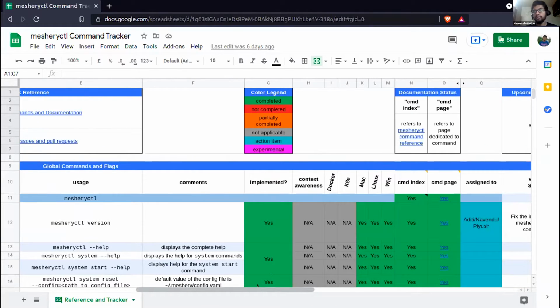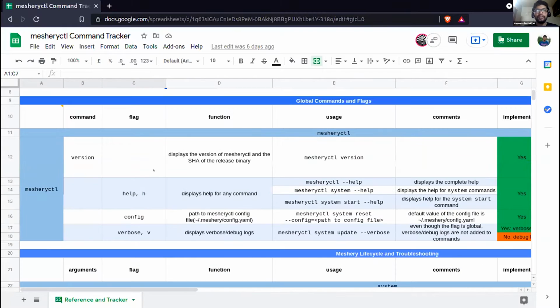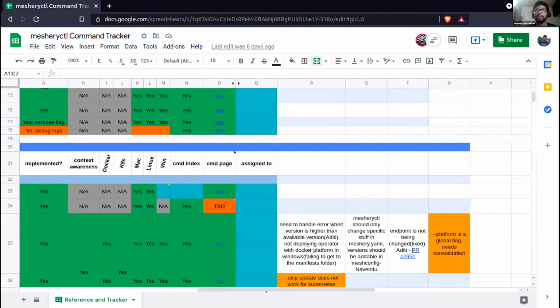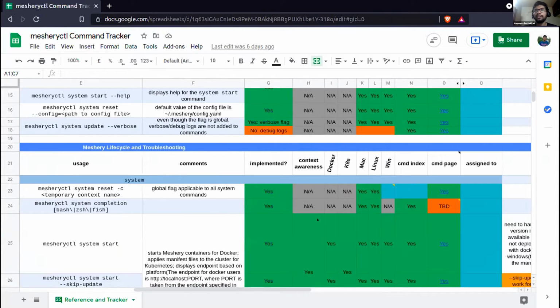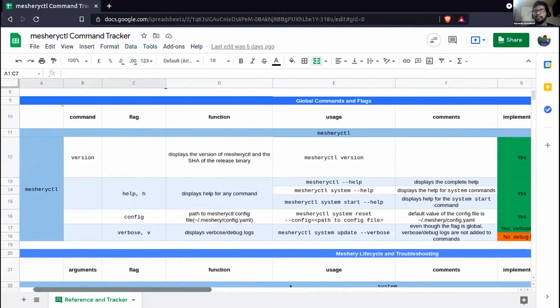I guess some of you might be familiar with this because I have been showing this on every meeting. What this basically does is track the progress of development of Meshery CTL, which is the command line interface for Meshery. If you are looking to start contributing to something, this is a good place to start. There are a lot of columns that need to be filled,